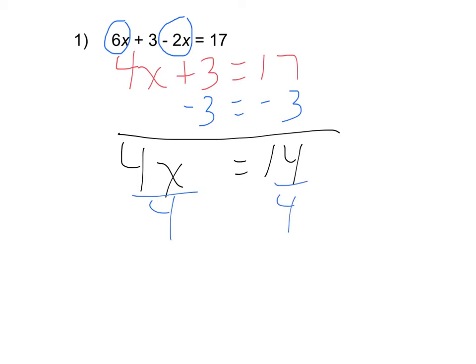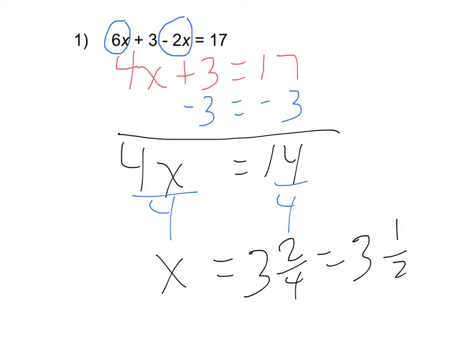and what you end up getting is 3 2/4, and you never want to leave a mixed number like that. You always want to simplify it down. So we're going to either call that 3 1/2, or we're going to call it 3.5. In either case,